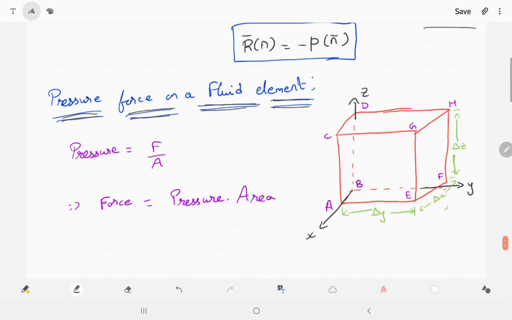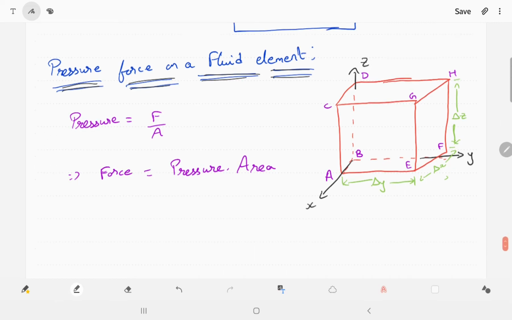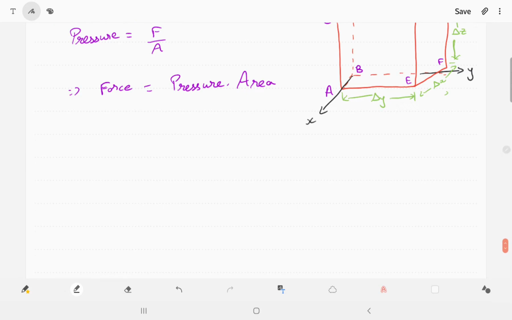Here I am considering a cubic volume for ease of the problem, and I have drawn the dimensions and a coordinate geometry with x, y and z. I have shown that delta x, delta y and delta z are the length, breadth and height of the cubic volume. So its volume del v equals del x into del y into del z. Now I have to prove what is the pressure force acting upon the object, as pressure equals force by area, so force equals pressure into area.